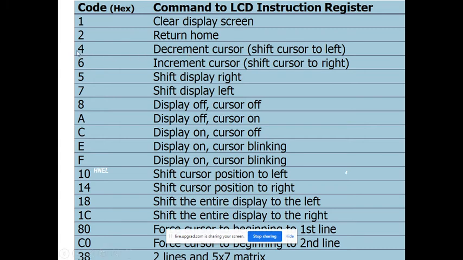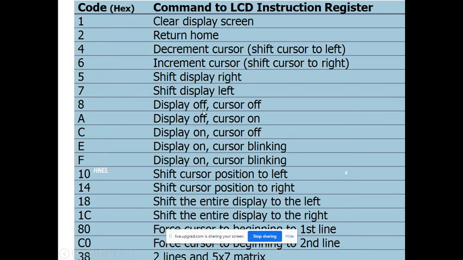Then suppose you give the code 04, that time it shifts the cursor to the left, means every time it is shifted towards the left side. Increment the cursor means every time your cursor is shifted to the right side. Then 05 is shift display right, the whole display gets shifted.